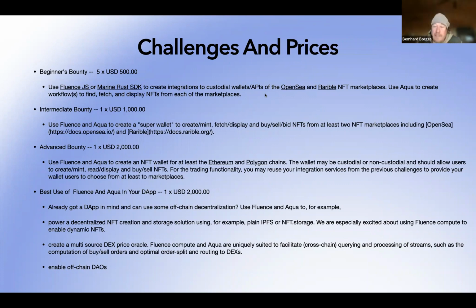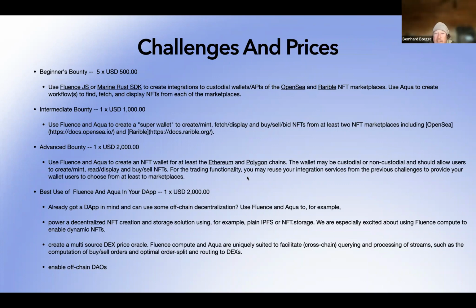So on the beginner's bounty, there's some leeway, and I believe you'll build some really cool stuff. The intermediate bounty is basically build a super wallet across 2 marketplaces. So this is sort of a multi-marketplace approach, and the advanced one is to really blow it out and build the full wallet.